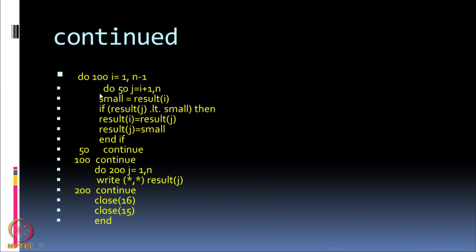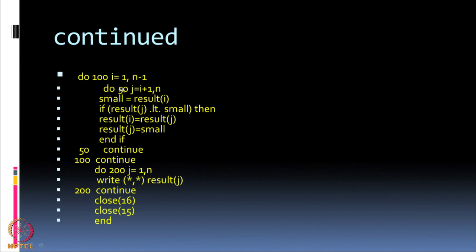So, now I am going to use two do loops for this. There is an outer do loop, do 100, I going from 1 comma n minus 1. If n is the number of data points, my I will take only values up to n minus 1. Okay. So, in do 100, what is the meaning of this do 100? Repeat all the statements up to this 100 continue. How many times? Start with 1, 2, 3 up to n minus 1.